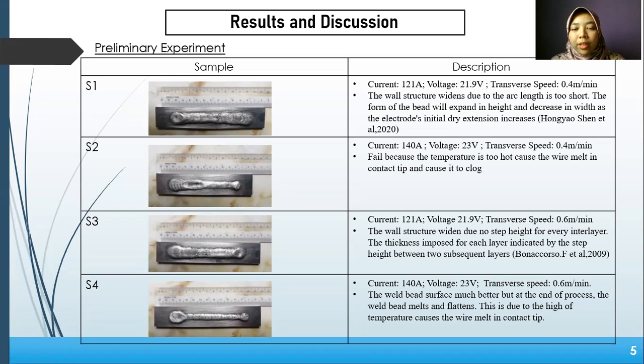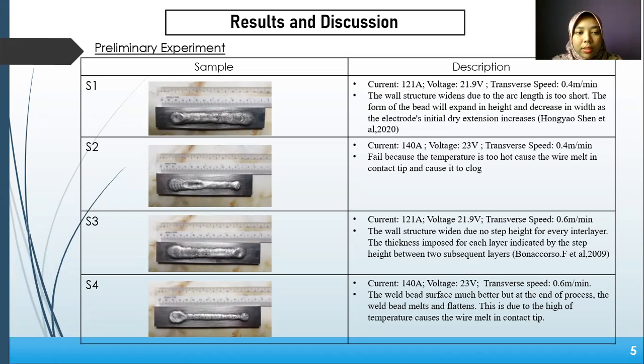For sample 1, use current 110 ampere, 21.9 voltage, and 0.4 meter per minute of transfer speed. The wall structure widened because the height to the arc length is too short. The form of the bead will expand in height and decrease in width as the electrode stick-out extension increases. For sample 2, use current 140 ampere, 23 voltage, 0.4 meter per minute transfer speed. The sample failed because the temperature is too hot,